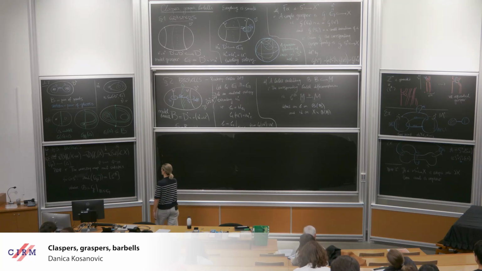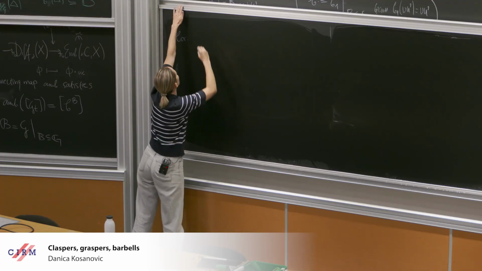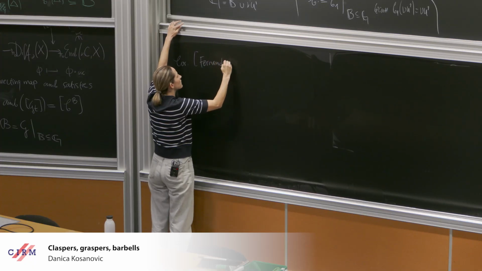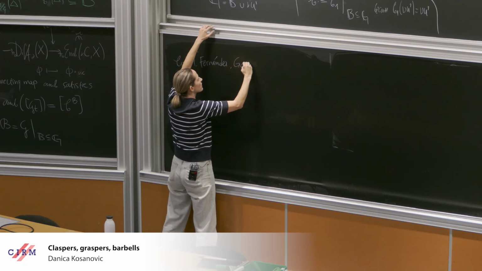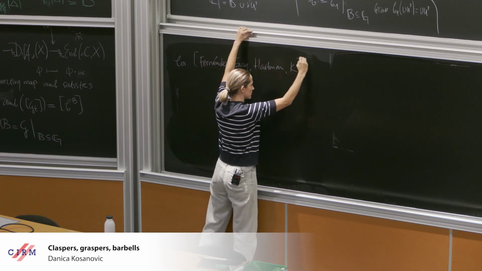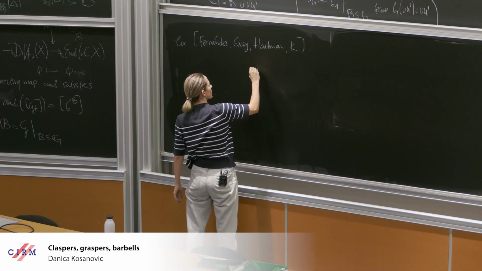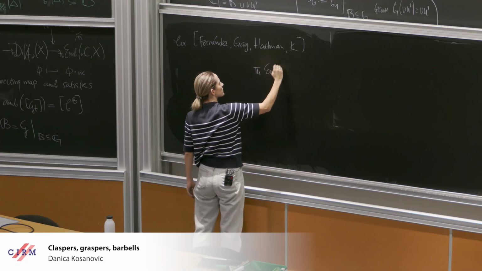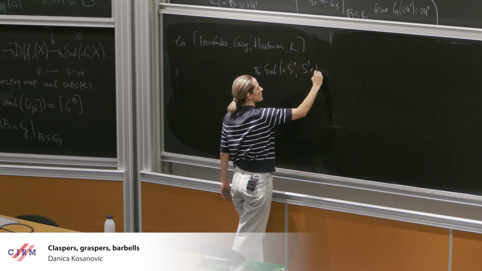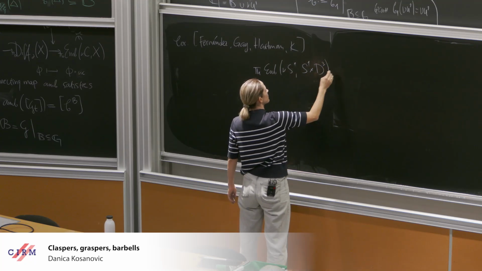So a corollary of the proposition is the following theorem from our paper with Fernandez, Gay, Hartman, and myself this year, where we conclude that if you start with pi1 of embeddings of framed circles in S1 cross S3, S1 cross D3, based at S1 cross a point,